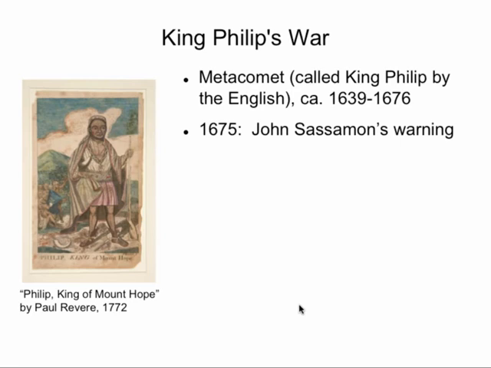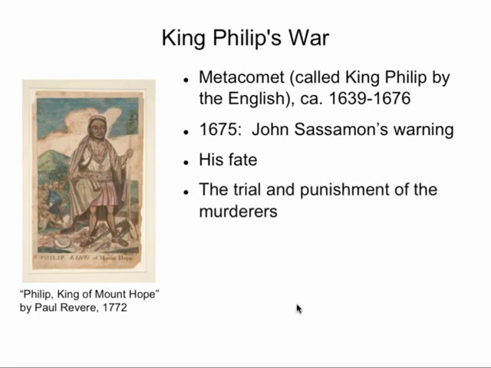A few days later, John Sassamon's body was found floating dead in a pond. Obviously, he had been murdered in retaliation for the fact that he had ratted out the Wampanoags. Well, the settlers rounded up 3 Wampanoag Indians whom they accused of murdering Sassamon, and they put them on trial according to English law. Now, the jury did have some Indians on it. It was half Indian, half white jury. But this jury found the 3 Wampanoags guilty of killing John Sassamon, and they hanged them as punishment for that